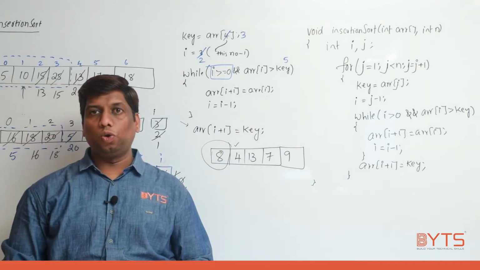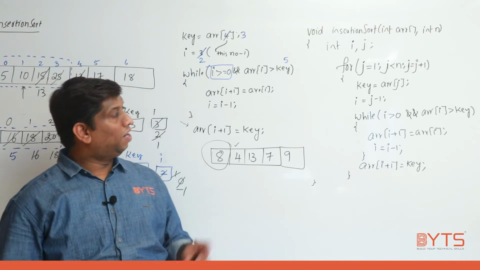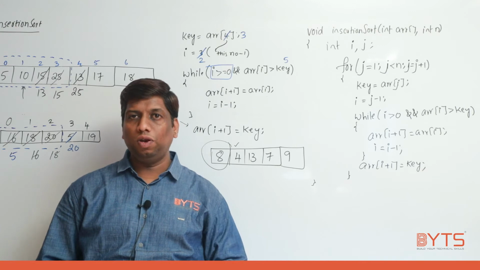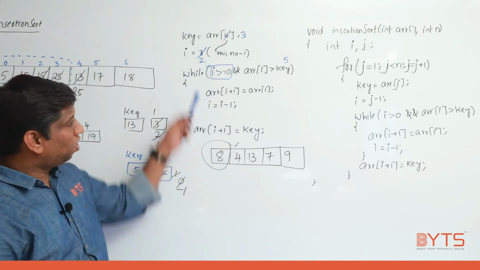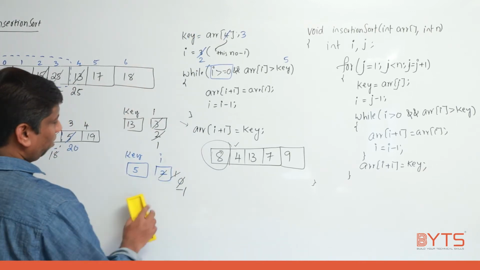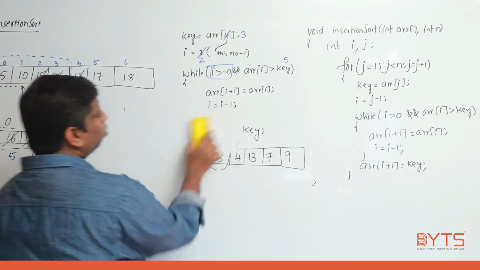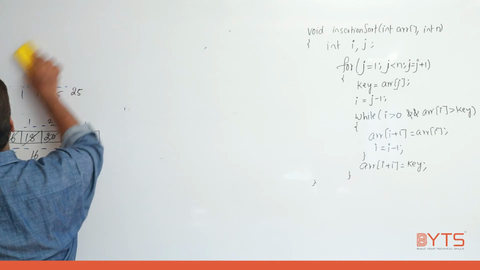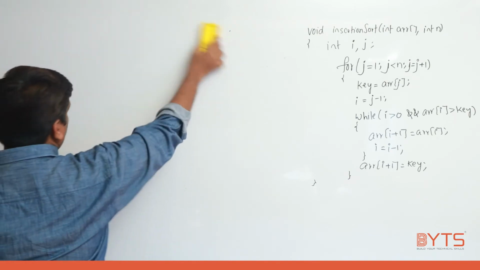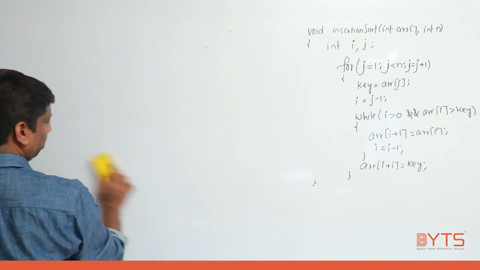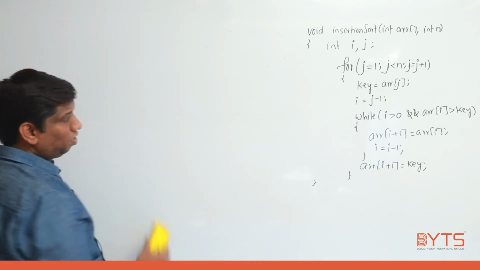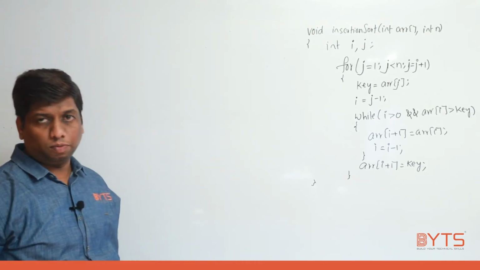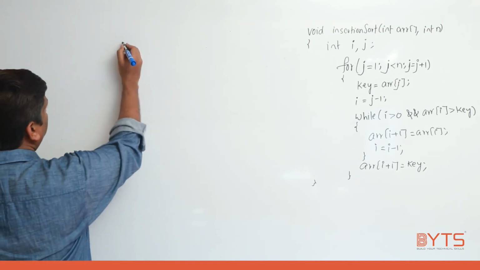So now I will take one example and I will trace it for you. While tracing only, I will try to tell you the time complexity. I will be doing it in 2 or 3 levels so that you will get clarity. See here. So now I need to trace this algorithm. Okay, fine. See, this is my array.